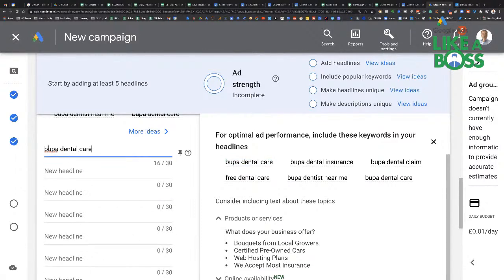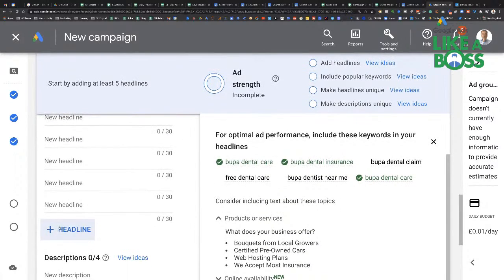You also want to capitalize every word. I'll just put in a few: Bupa Dental Insurance. Now, what you don't want to do is keep repeating Bupa, Bupa, Bupa every time, because